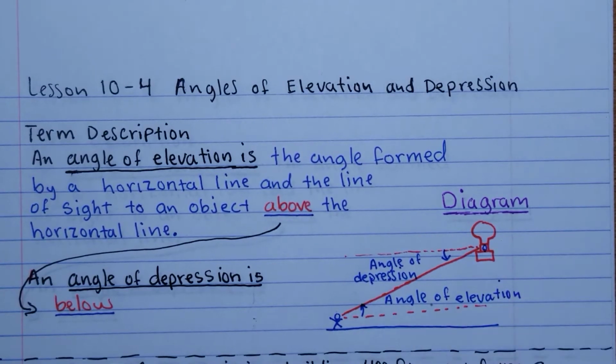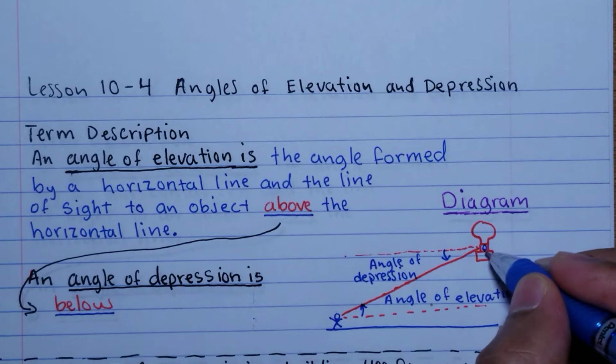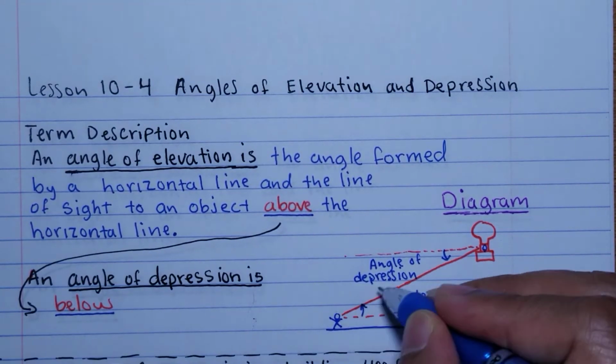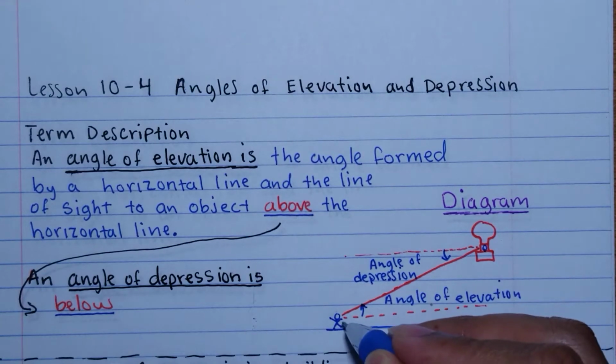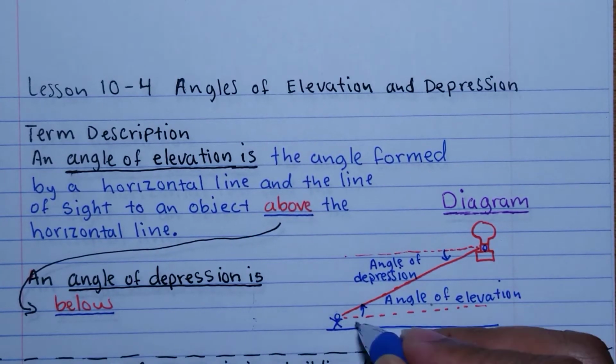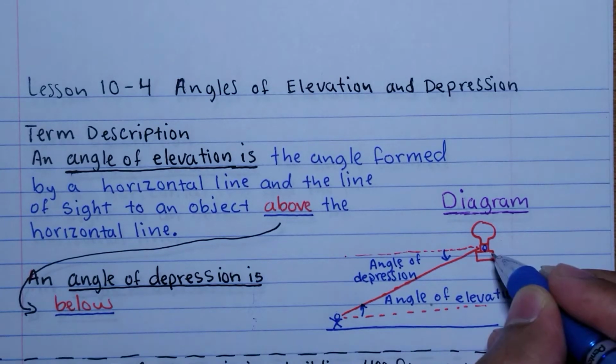So think of it this way. If you're the person inside of this hot air balloon and you're looking down, okay, see this will be your angle of depression. And what if you're this person looking up to the hot air balloon? Then your side with this horizontal line is going to form the angle of elevation. Okay,